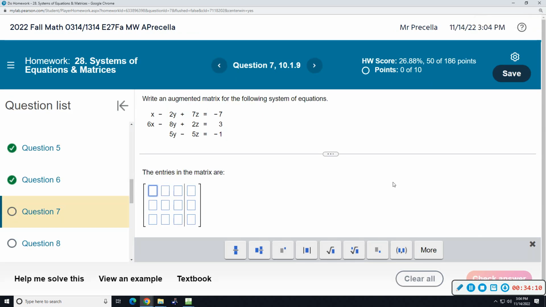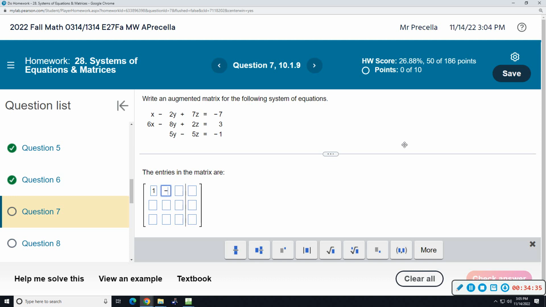So right here, you're just calling out the coefficients. Remember, if there's not a number in front of the variable, you assume it's a 1. But what about right here? Notice there's not a number, there's no x. What number do y'all think we're going to put there? 0. Okay, but the first row, it's 1,